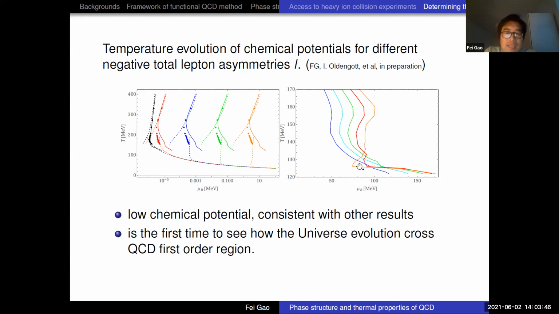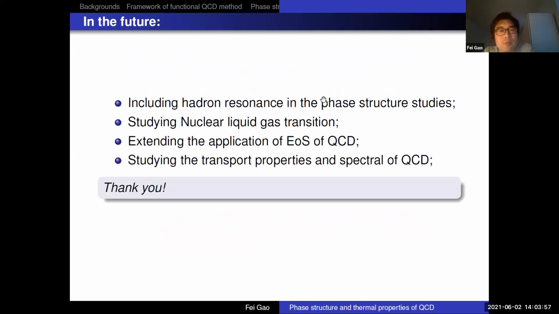And also it's the first time to see how this universal evolution crosses the QCD first order region. So as I mentioned, in the future, in the phase structure studies, we try to introduce this hadron resonance channel, so then we can make a better estimation of the CEP, and also study some information of the higher order region, especially for the nuclear liquid gas transition. So actually, for this nuclear liquid gas transition, the functional QCD method is probably the best scenario to study,